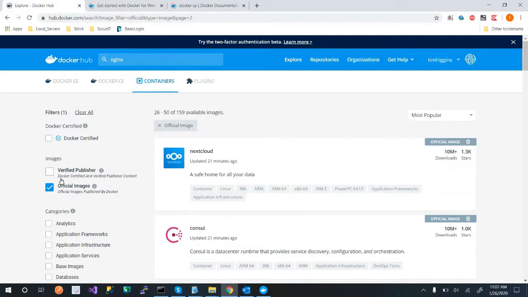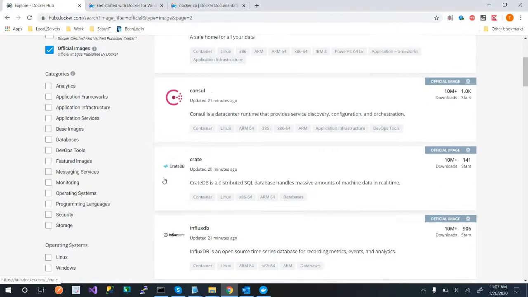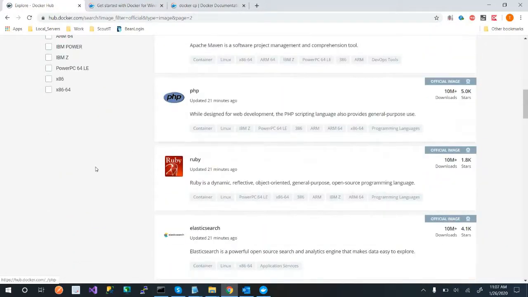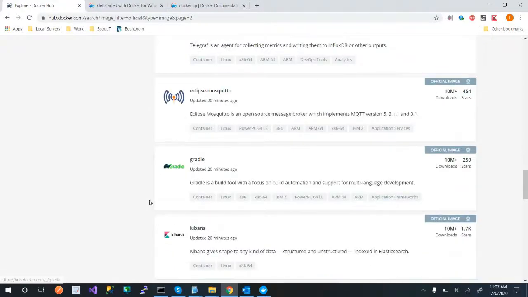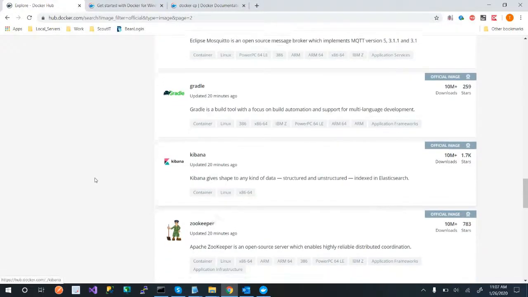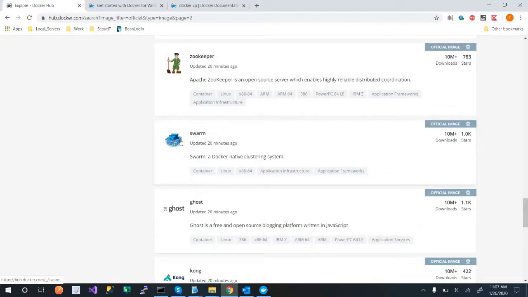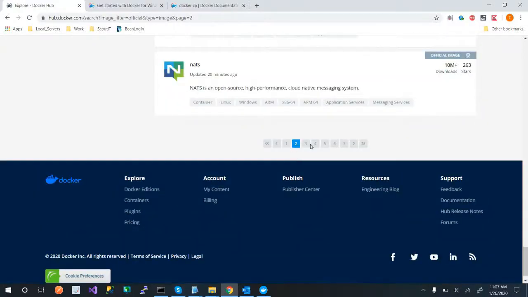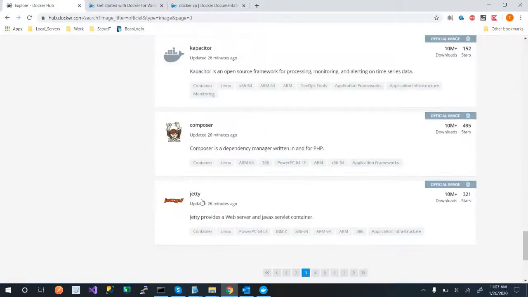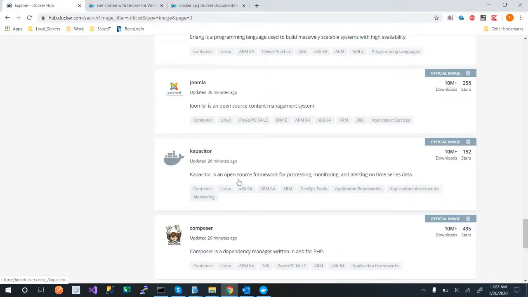There's so many cool containers here. And obviously use official images, which means they've been tested. But there are just so many cool things you can use. Obviously Tomcat, Java, Jenkins. There's every database you can imagine, including Kibana. Funny, that just came up. The Swarm is what I was telling you before. The Swarm used to be a way to manage your clustered containers before Kubernetes, right? And there may be a way for them to work together. I have no idea.